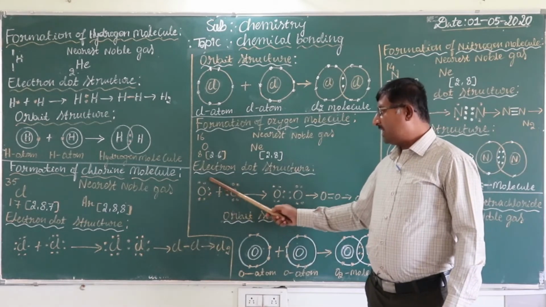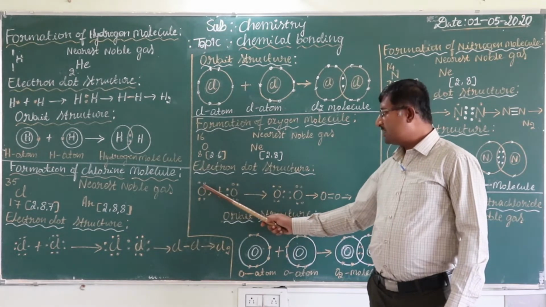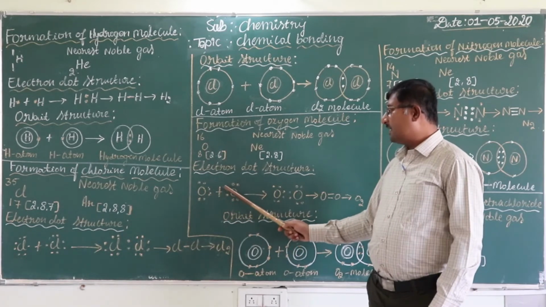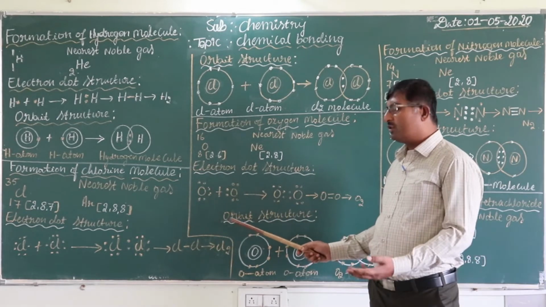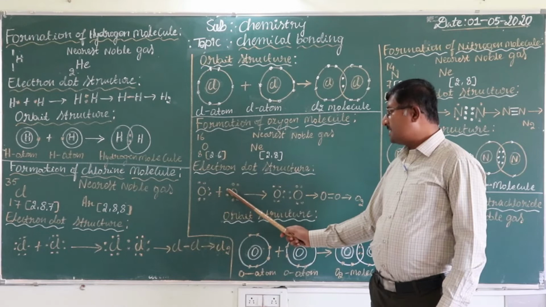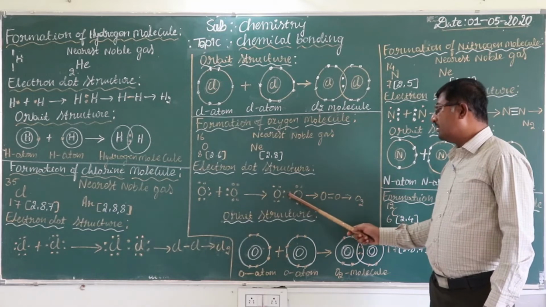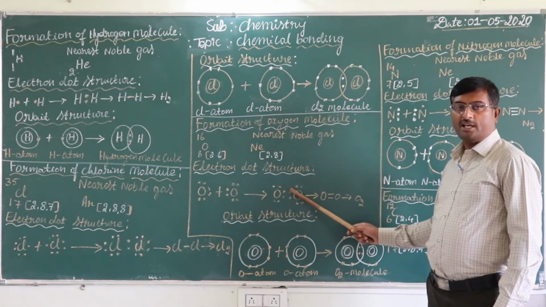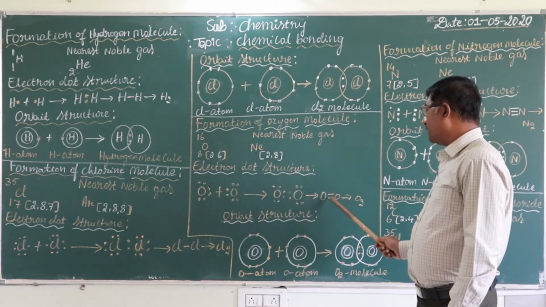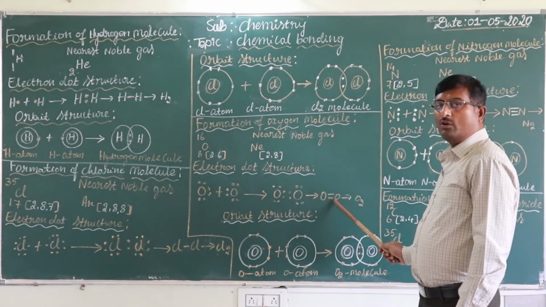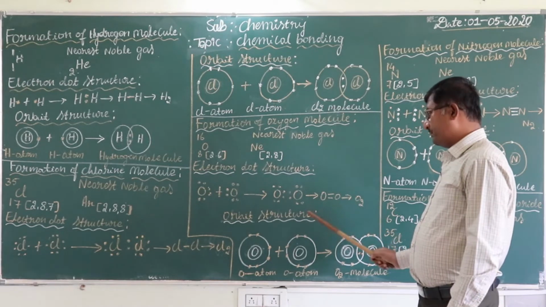See here in the oxygen atom, the outermost orbit has 6 electrons, so there will be a shortage of 2 electrons. So this atom is trying to get 2 more electrons. Same for this atom also, there is a shortage of 2 electrons, so it tries to get 2 more. That's why 2 electrons from this atom and 2 electrons from this atom, totally 4 electrons, that is 2 pairs, are involved in covalent bond formation. So a double covalent bond will form between the two oxygen atoms, and like this the oxygen molecule will form.